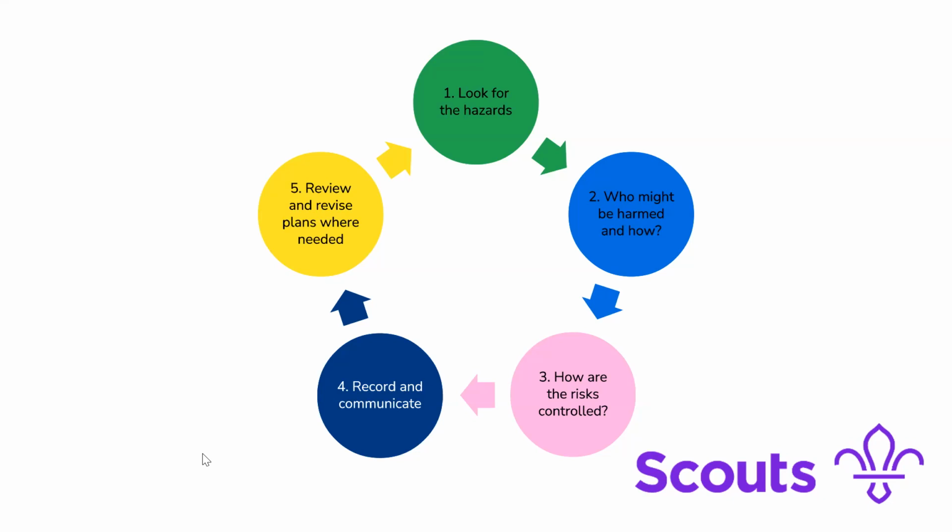So once you've written it, add the risk assessment to the program maybe, and then email it out to anyone who's going to be working with you on that program for that activity. Or you could put it in a shared folder, however you are collating and curating your risk assessments in your team. And we're going to look at where people do that, or how you could do that, later in the workshop today.